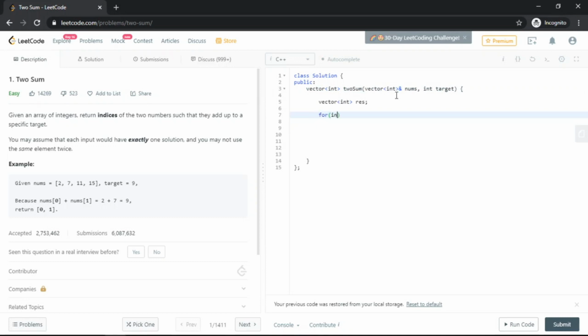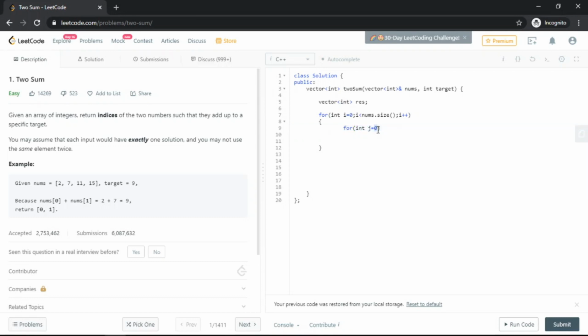We traverse the array something like this, as we do in the case of arrays, up to nums dot size. This size function returns the size of the vector, as we have seen. Then let us have our second loop, int j.